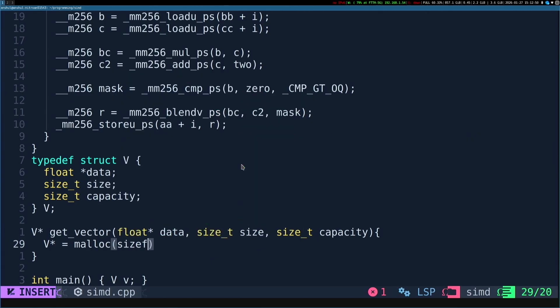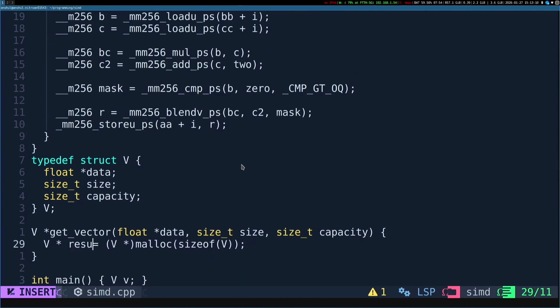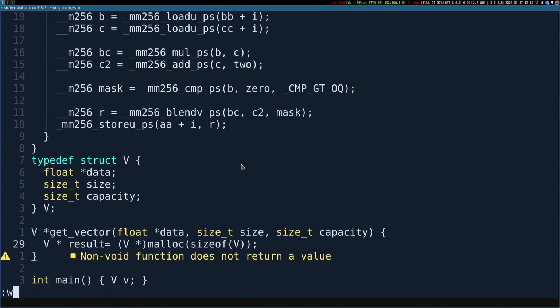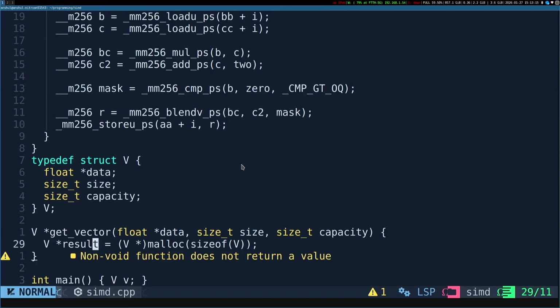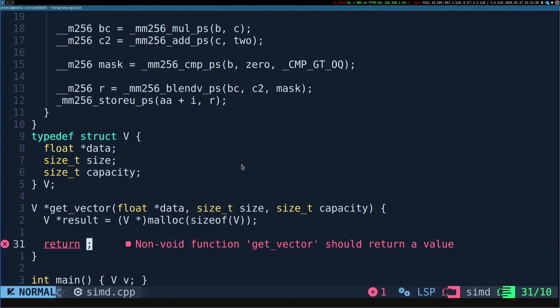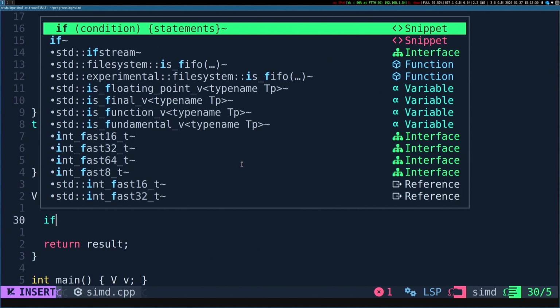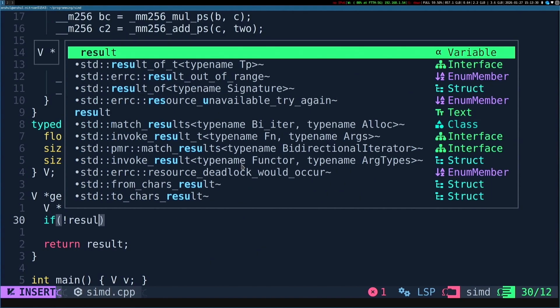Malloc size of V. What is wrong here? Oh, non-void function. If result,